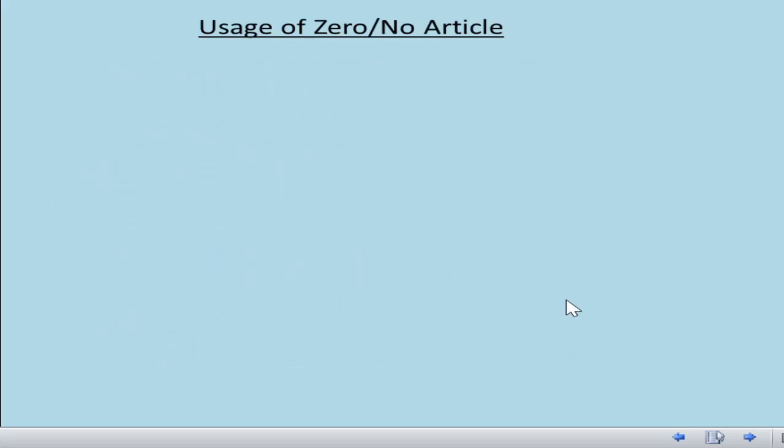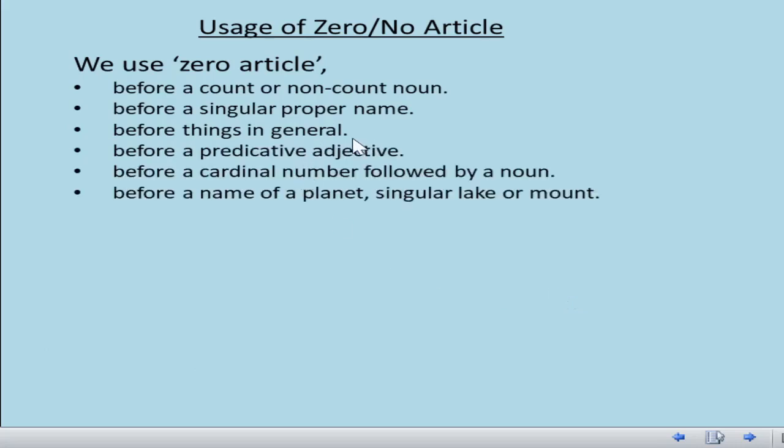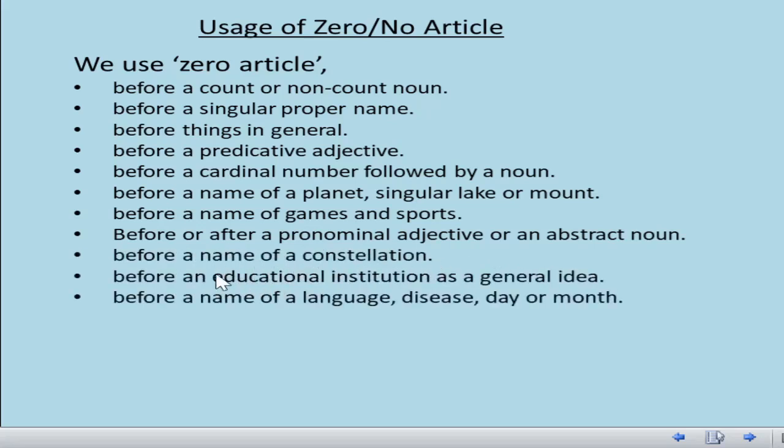Then comes usage of zero article or no article. So we use zero article before a count or non-count noun, before a singular proper name, before things in general, before a predicative adjective, before a cardinal number followed by a noun, before a name of a planet, singular lake or mount, before a name of games and sports, before or after a pronominal adjective or an abstract noun, before a name of a constellation, before an educational institution as a general idea, before a name of a language, disease, day or